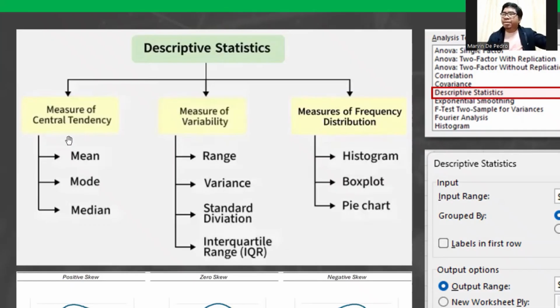But also sometimes we want to visualize our data set just to see how the data is spread. Okay, or we want to see the frequency distribution of our data. So the most common ways to do that is by using histogram, boxplot, and pie chart. In our third part, we're going to talk about these visualization tools.